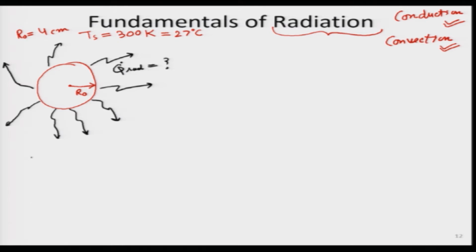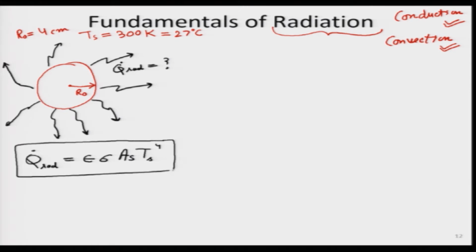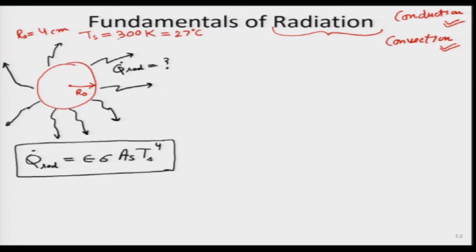So, I think some of you are already aware, and these are things that we are going to look into in a lot of detail in this particular set of lectures. So, do not worry even if you are not familiar with this equation, but I believe a lot of students already are, and I think we all remember from our school days that radiation goes approximately as T to the power 4. That is why we have to put everything in Kelvin.